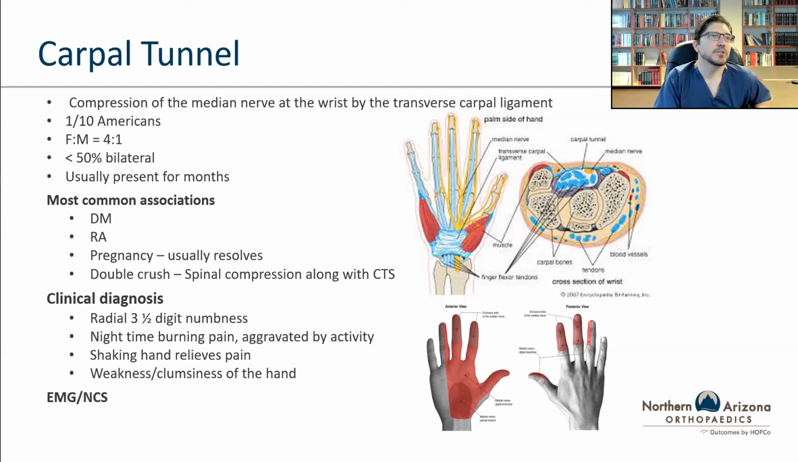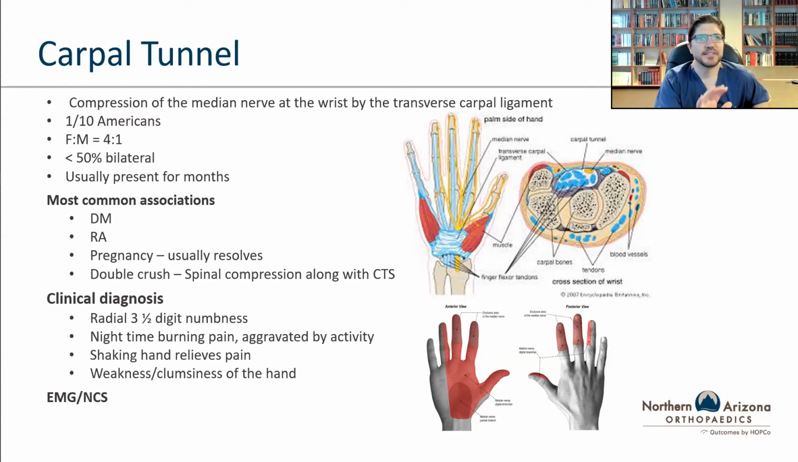Anytime a patient comes in with this, we look for whether or not there are associated conditions like diabetes, thyroid disorders, rheumatoid arthritis, or the patient's pregnant or peripartum, and whether there are associated findings that there may be another injury someplace in the spine or further up in the arm. That's something called a double crush phenomenon, where there's more than one site where that nerve is